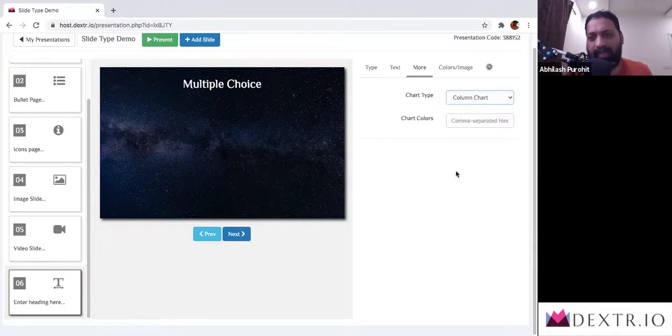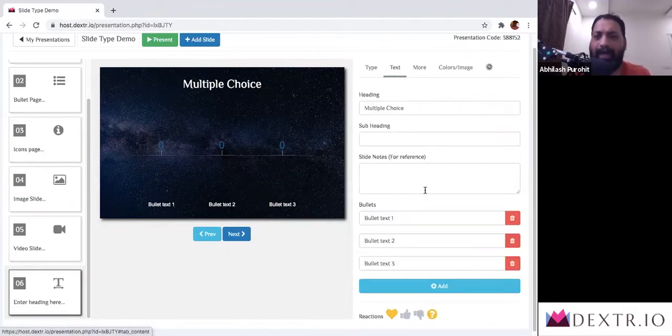Column chart is one. Once again, chart colors are slightly advanced features for people who want to control every aspect of the color of the charts as well. If you are a beginner and you're watching this video, I strongly urge you against using this now. You need to understand color theory, how colors work, and be able to get it properly with right hex codes for it to work. In the initial stages, stay away from this for a while. Once you're a little more comfortable with the platform, come back and use the chart colors.